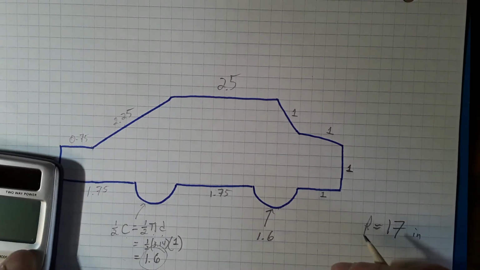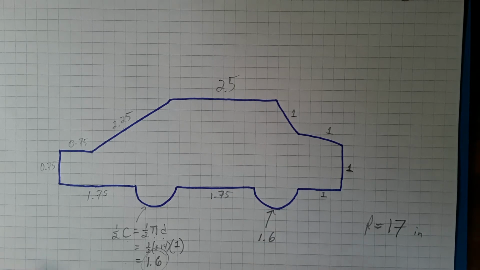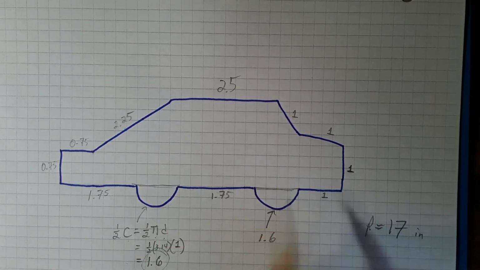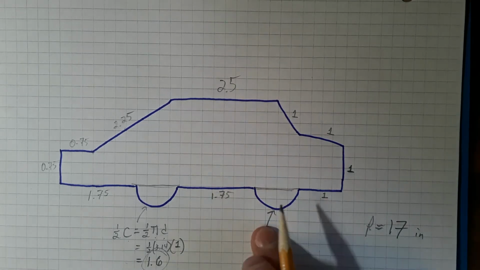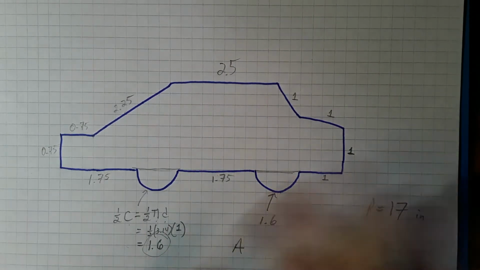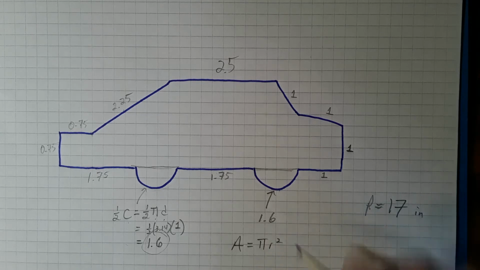And to find the area, I need to break this into smaller shapes. So I have these 2 half circles. I'll do the area of those half circles together. I'm just going to show all my calculations on the sheet. Area is pi r squared. The area is